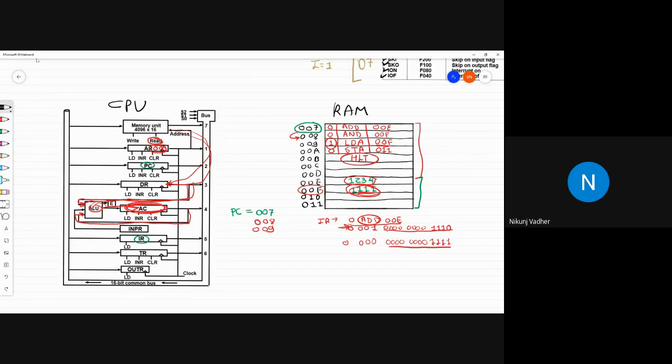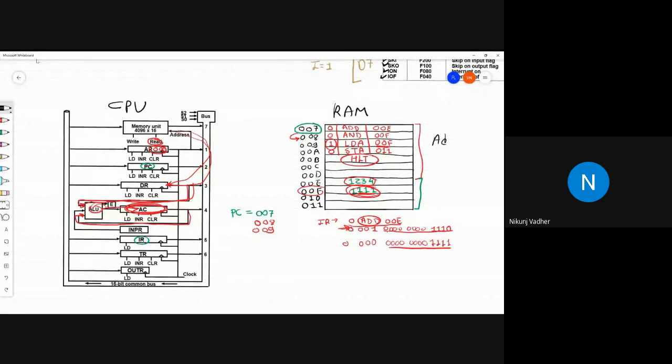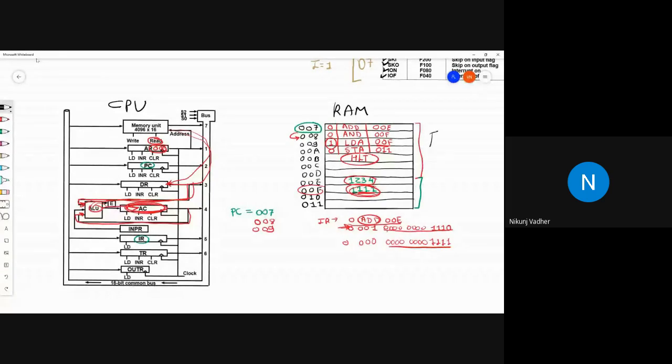So whenever you will compile any code, it will be converted into the bytecode. Your program will be divided into two parts: instruction part and data part.